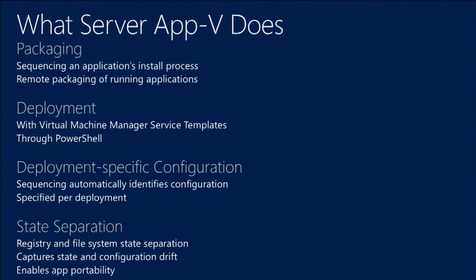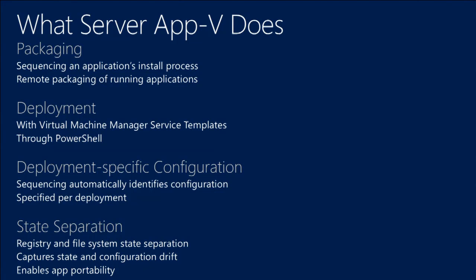You deploy it to production, it requires a different connection string. You can automate changing those values so that you get a deployment tailored for your specific environment. And finally, state separation. When an application is running virtually in the Server AppV agent runtime, all the while that